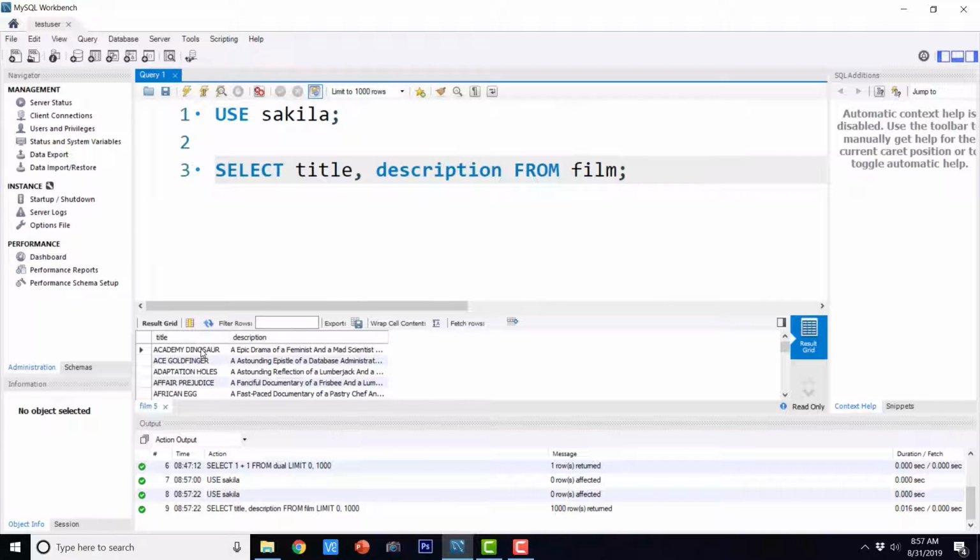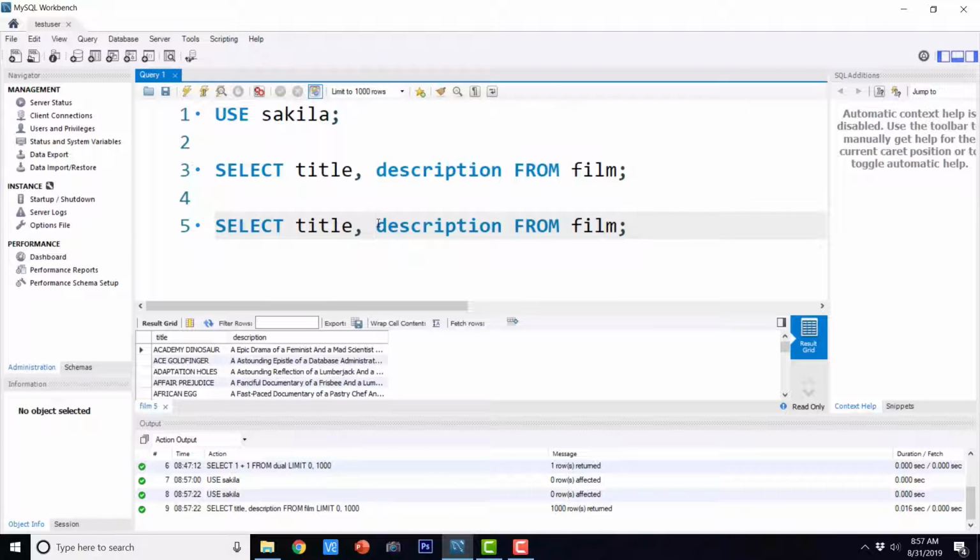Suppose I want to change the case, then I need to use the case manipulation functions in SQL. Let us see a simple one, lower. As its name suggests, it is going to turn every character into lowercase for that particular column.